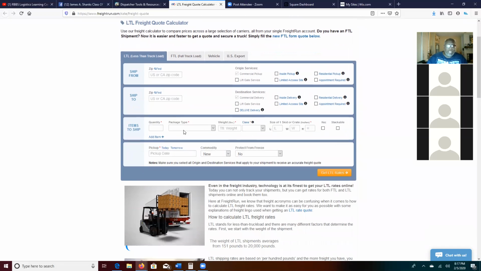Now, basically what you're doing is you are using this calculator to better arm yourself with more negotiating weapons. You understand what I'm saying? It gives you stuff that you can go back and rely on, stuff that you can pull from when you're negotiating with the shipper.